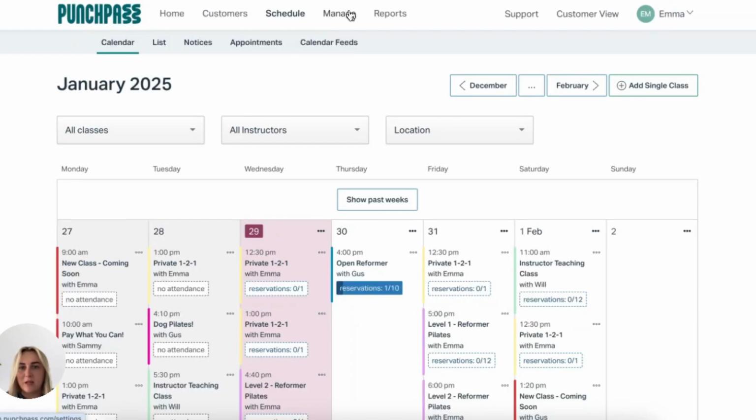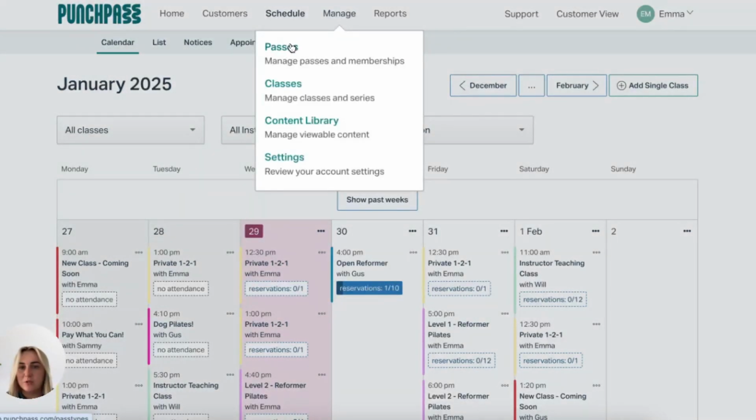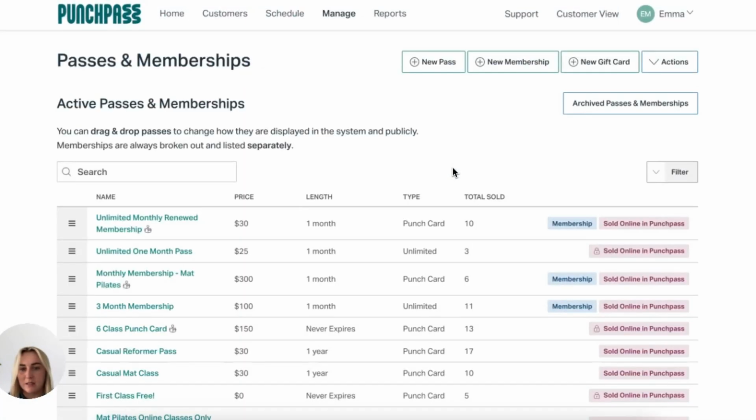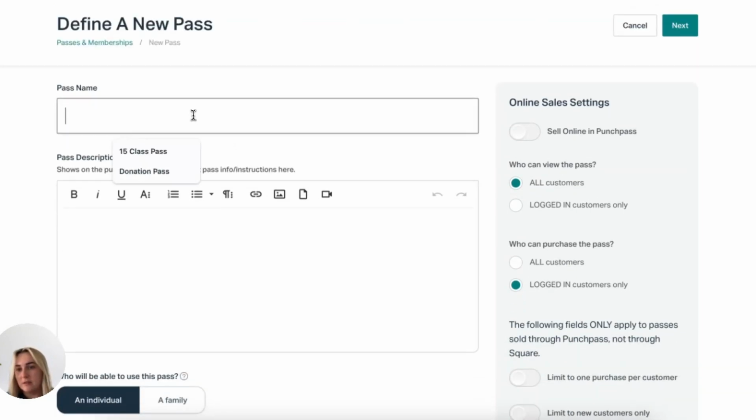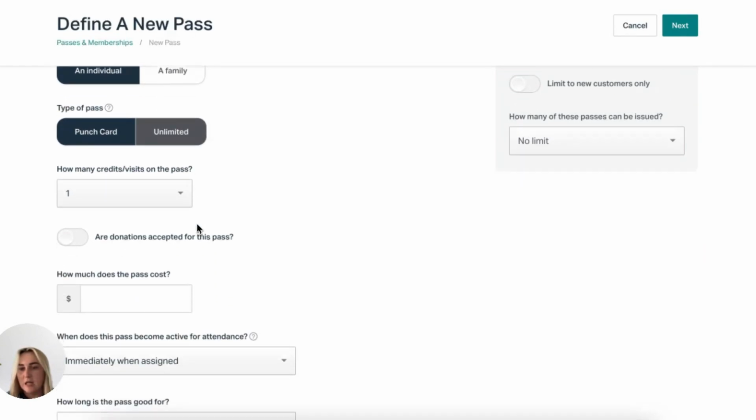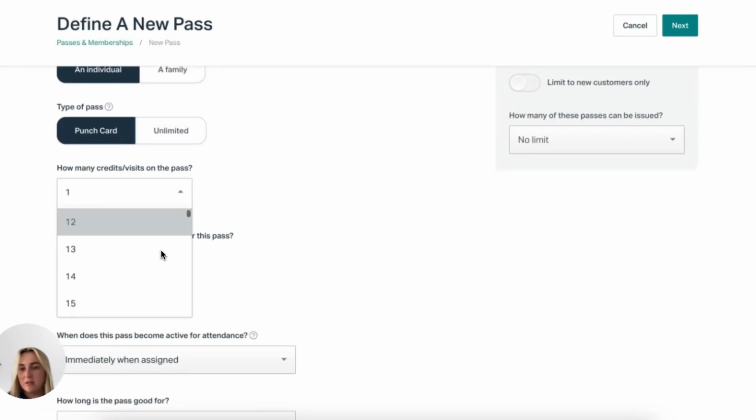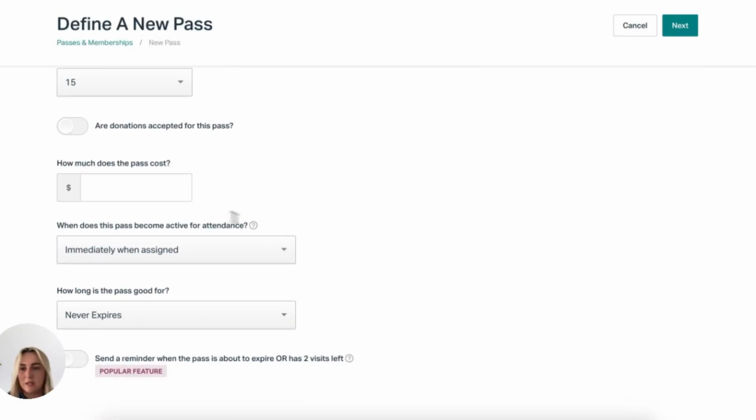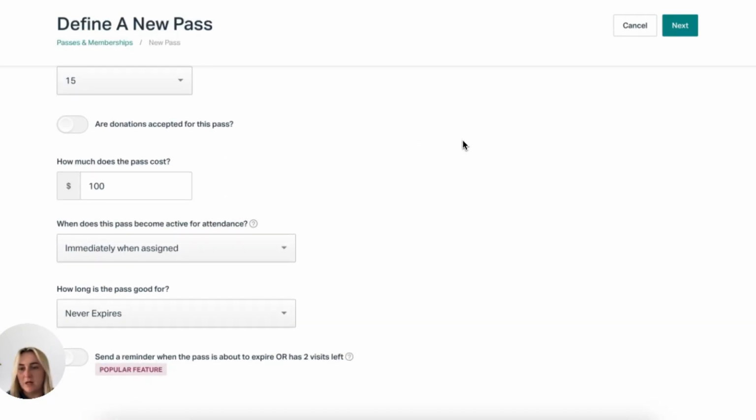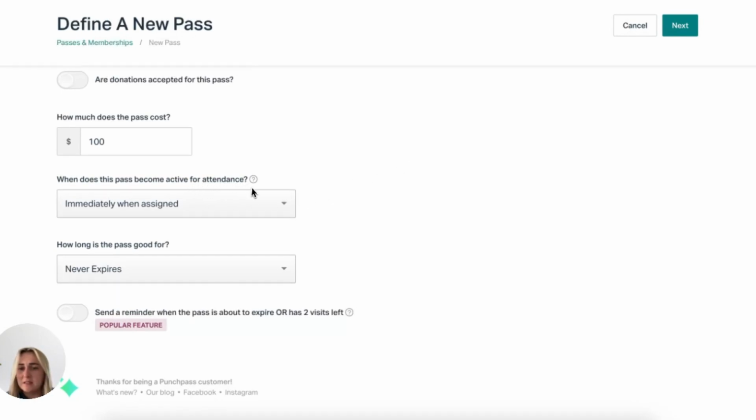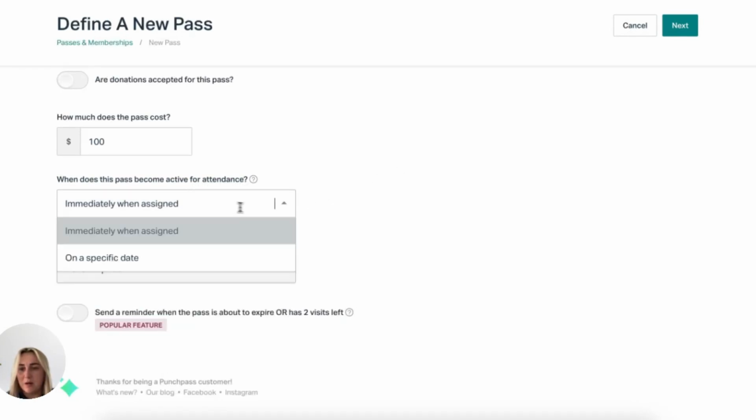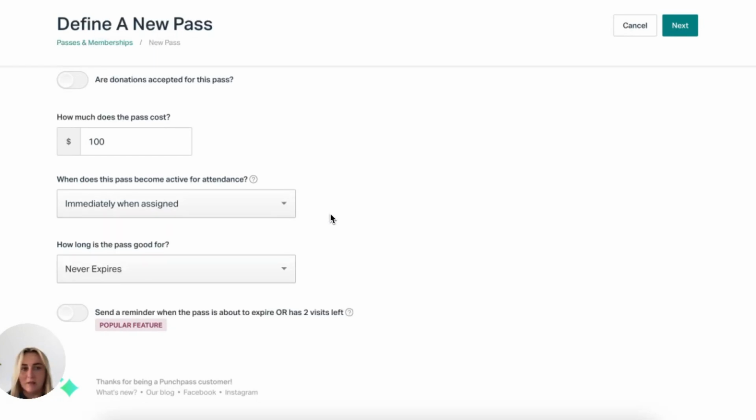Then the next tab across, we have the Manage tab. So this is where a lot of admins are probably going to do a lot of the heavy lifting. So we have Manage Passes, where you can create and edit passes. So you can set up a new pass in here. You could call it something like a drop-in pass or a 15 class pass. Put a description, give people how many credits this pass is going to offer. So 15 credits, we'll say. Set a pass cost. Some other settings in here for expiry and when the pass becomes immediately available